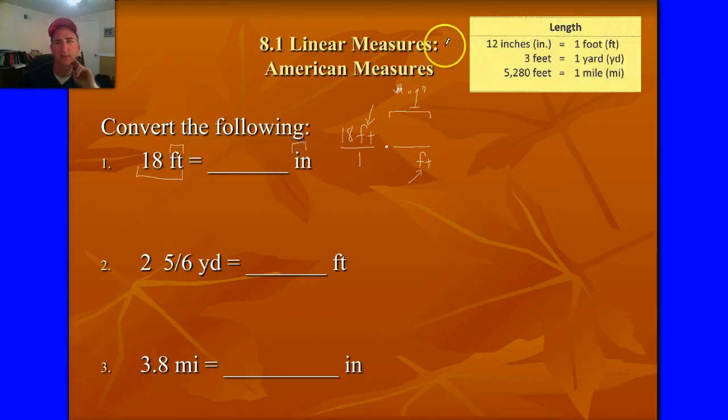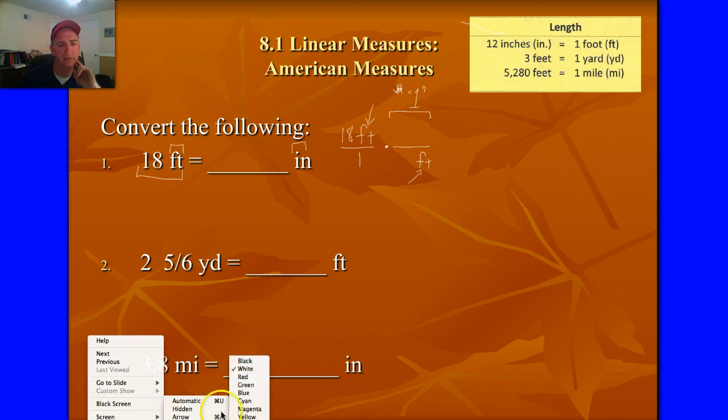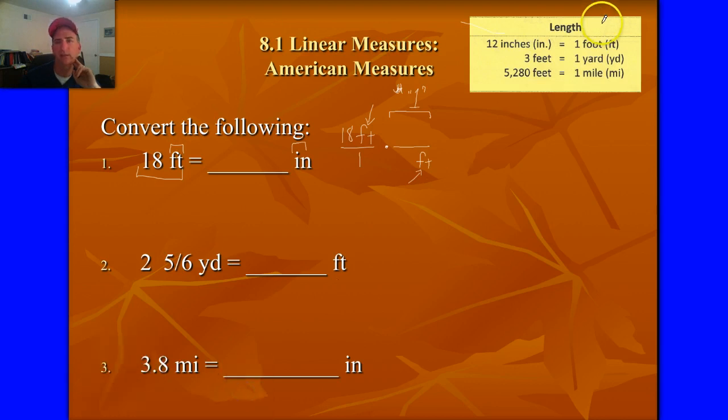Now you probably know that, but let's refer to our paper here. Maybe I'll change my pen color. Let's go to blue so I can write here. 12 inches is equal to 1 foot. Those two measures being equal, if I put 12 inches over 1 foot, I basically have two measures that are equal. And what is any number over itself equal to? The number 1. So what I'm doing here is actually multiplying 18 times 12 inches over 1 foot,